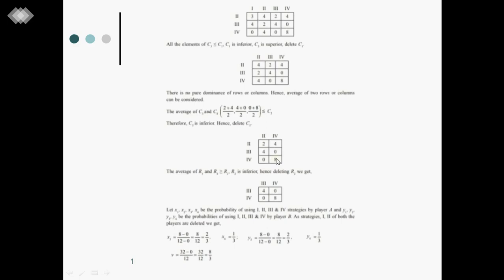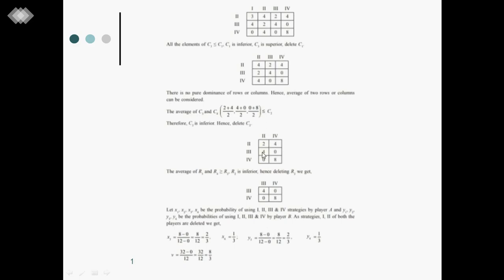Now basically, the dominance concept is used to reduce a higher order game to a 2 cross 2 game where there is no saddle point. It was reduced to 3 cross 3 here, and now it is reduced to 3 cross 2. So I still have to reduce, and only then can you use that formula method. You have to reduce one row inevitably. Why? 2 cross 2 means 2 rows and 2 columns. Now the only way is comparing the pure row dominance.